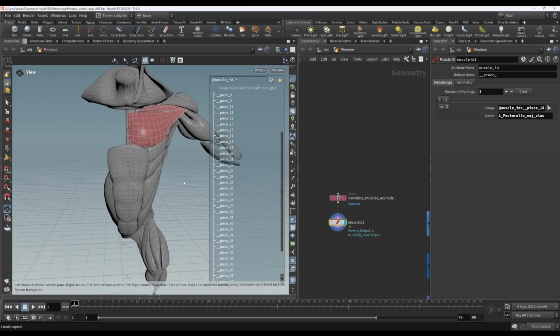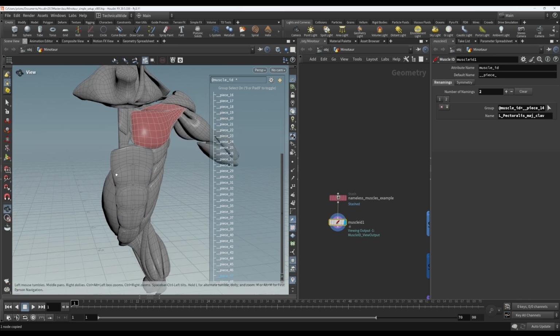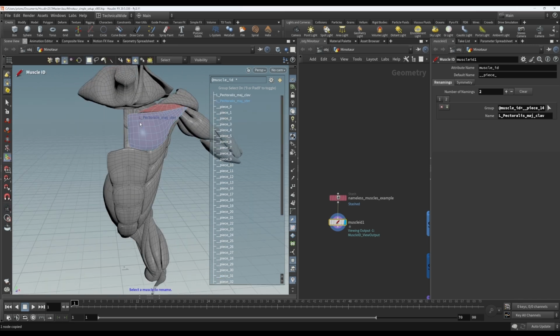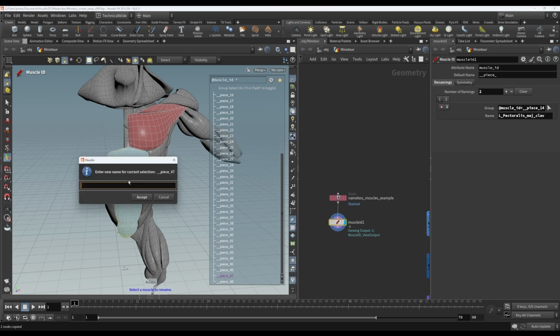Now for muscles that are in the central line that don't have corresponding left and right muscles, there is no standard convention that's expected, but I like to use capital C underscore to make it easier to group later on if I need to. So select that, hit C,